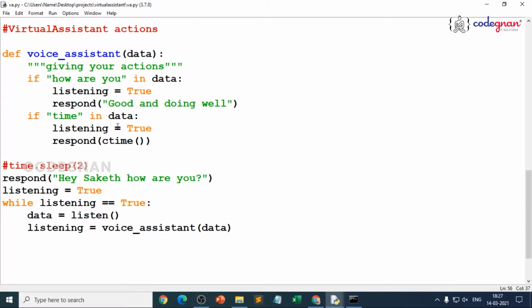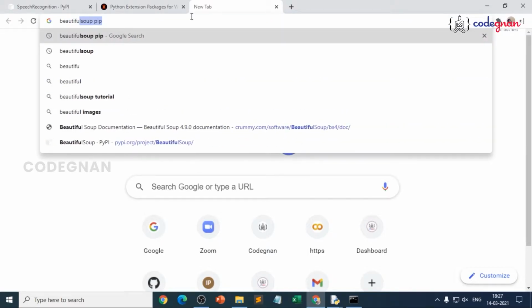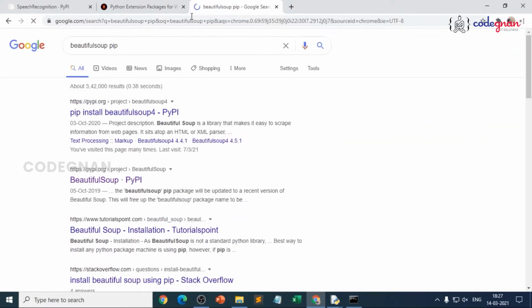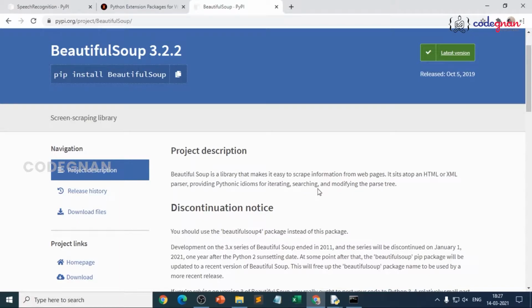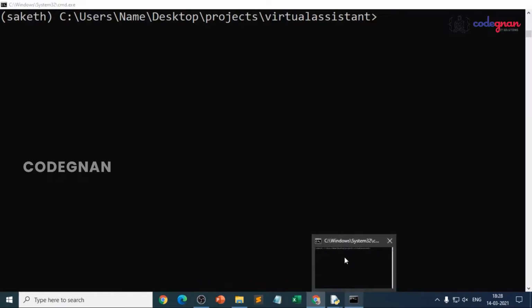We just try to make our virtual assistant send an email, open a web browser, and scrape the data from the web. So what we'll do is install one more package, which is very important when you try to pull data from the web. That is Beautiful Soup. Beautiful Soup is a very important library to scrape information from web pages. We'll use this along with our request module, because request is already present.